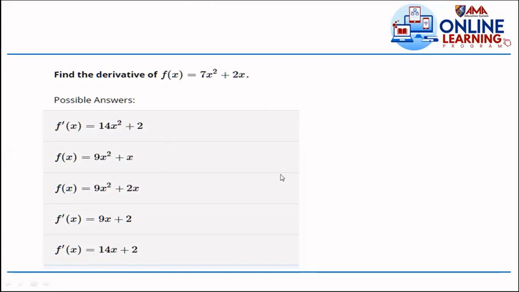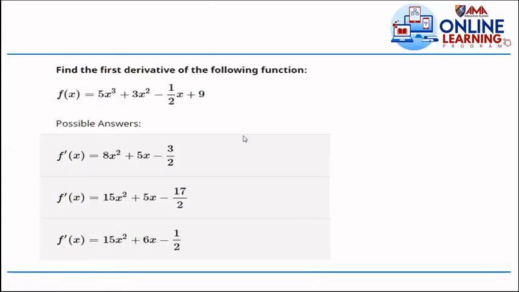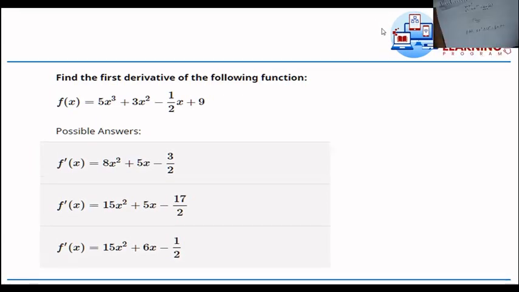Okay, your answer is letter E. So 14x plus 2. So that is the correct answer. Okay, so last, 1, 2, 3. Is it A, B, or C? Okay, so we're going to check, no? Okay, so